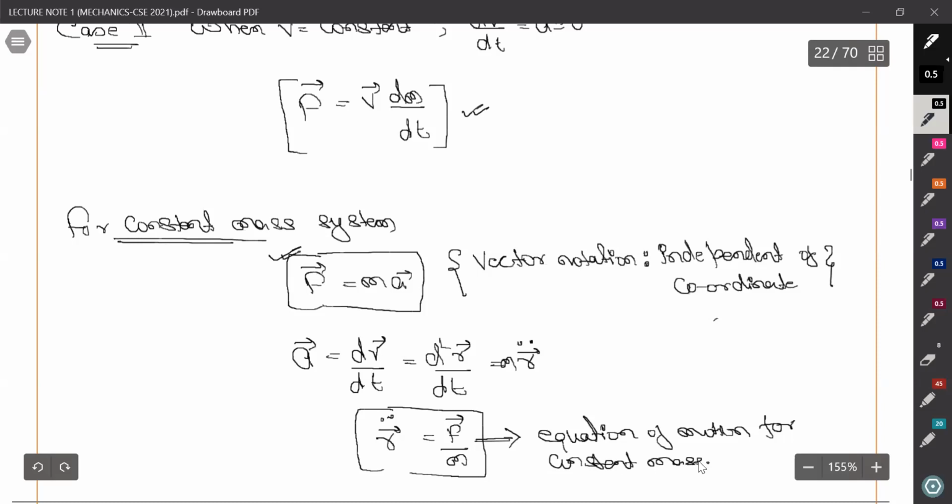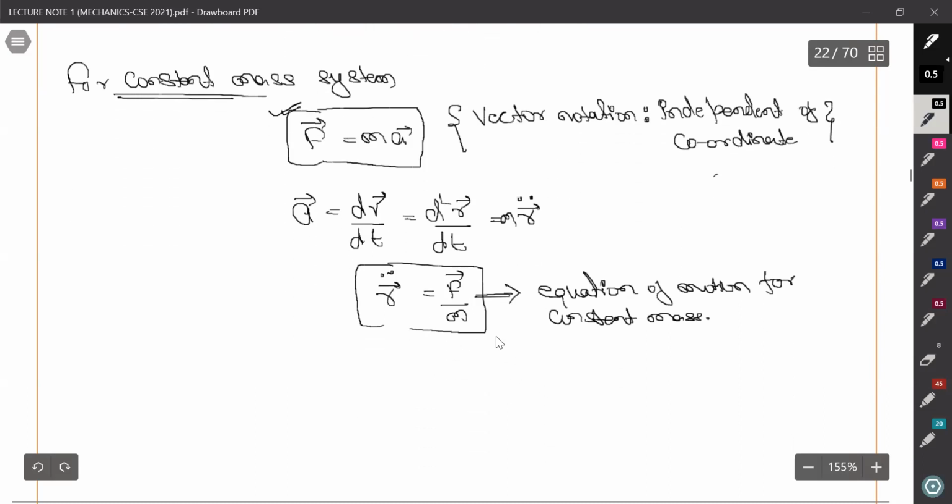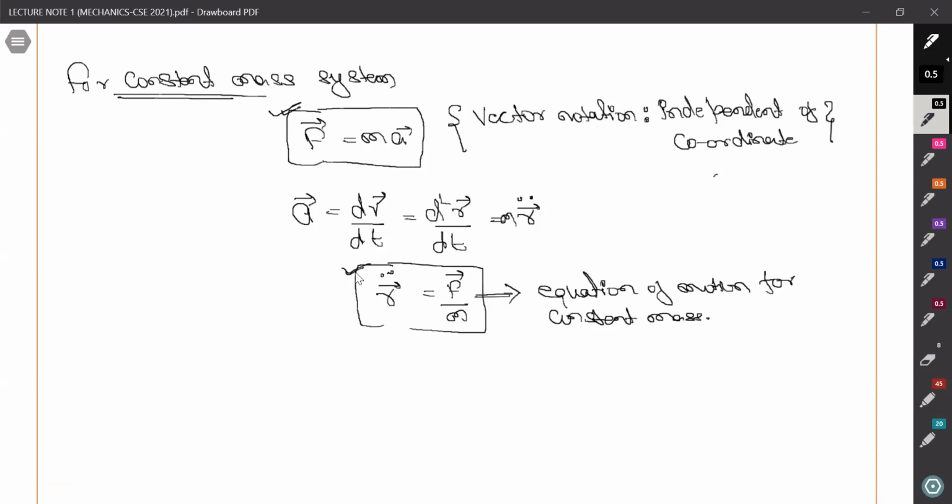In the coming examples we will see this also. We are given the force and we are required to find the equation of motion, because from this equation, if we get r and t, we can get the trajectory also. We can get the path in which it is moving, and it is very useful in central force also. We have a complete section in our syllabus for this.